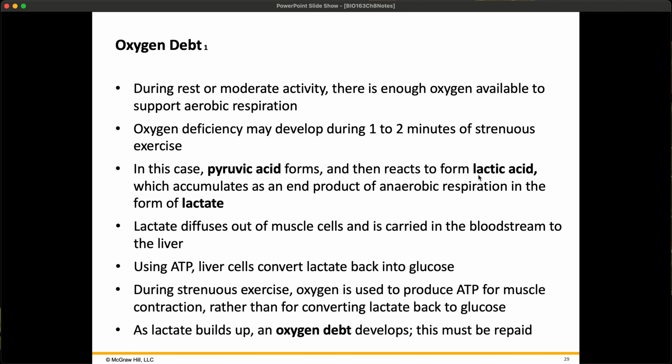A lot of people attribute lactic acid to the reason why their muscles are sore. It is not lactic acid. It's not like your body stores that. Your body is very good about diffusing that out, taking it to the liver, and breaking down your lactate and your lactic acid. But people tend to think that's what's causing their muscles to be sore after an intense